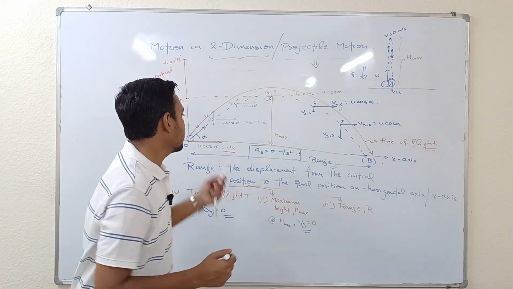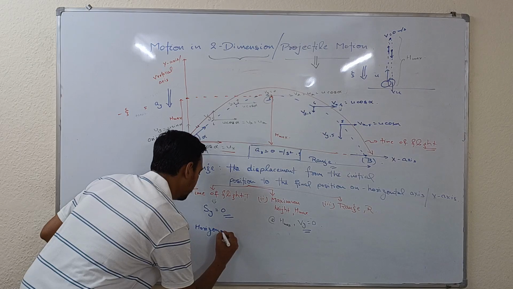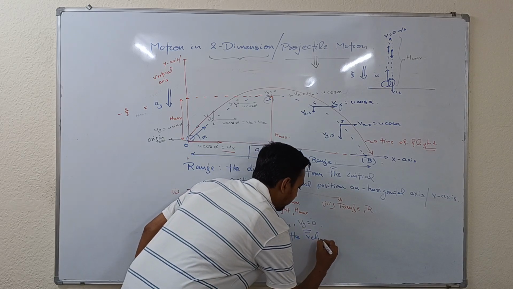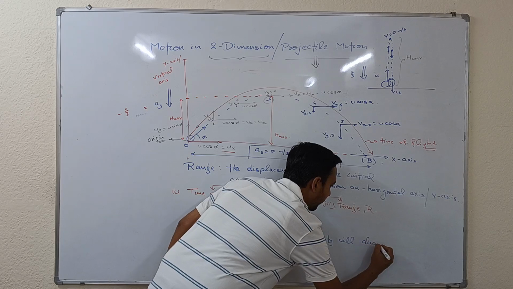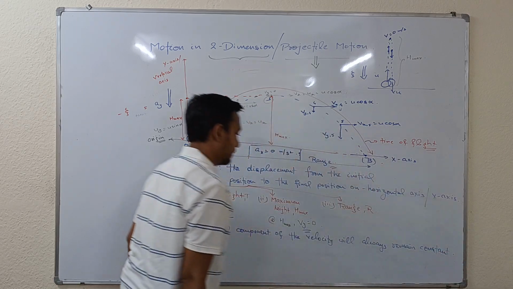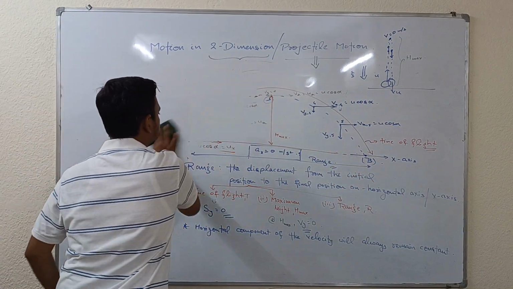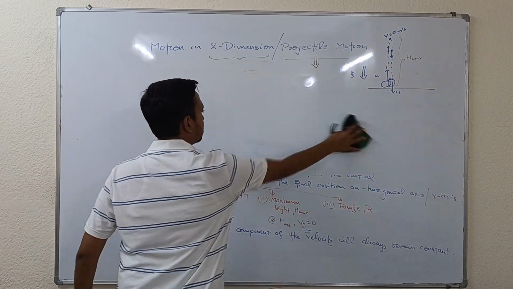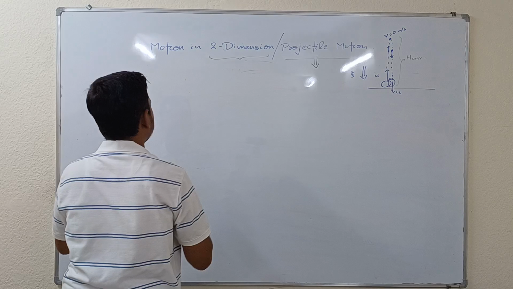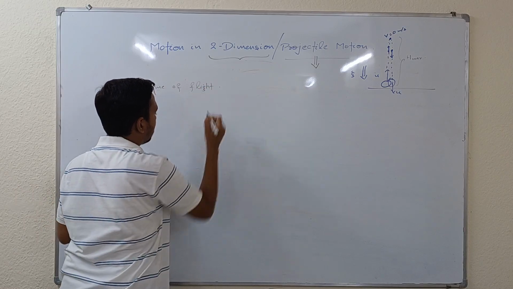We'll apply these conditions. Also there is a condition that the horizontal component of the velocity will always remain constant. Okay, now first thing we'll derive the time of flight condition. See, what is the time of flight? Right? Here we have seen,